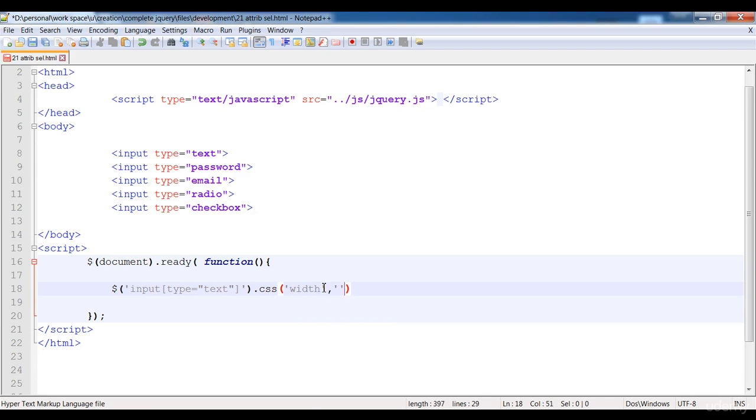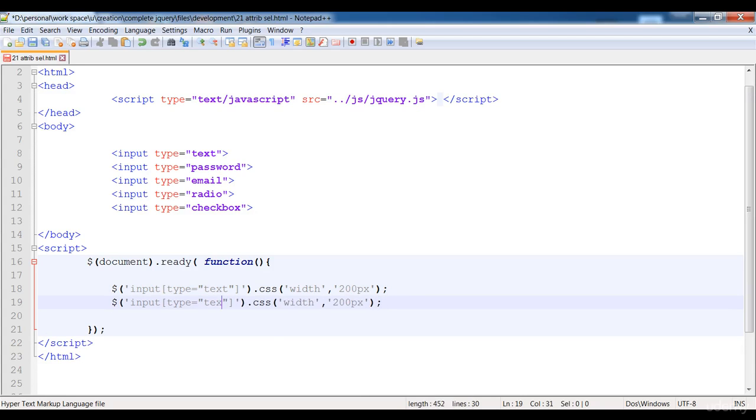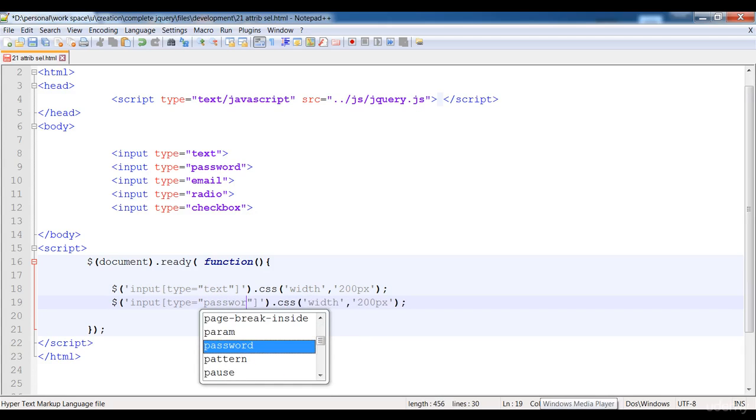And here I'm going to apply the width on it. Here it is the width, and I'm going to give it 200 pixels. First, let's check it, and then we will do other things. Here you see that its width is more than these other fields. In this way you can change this type, and you can select the password field,